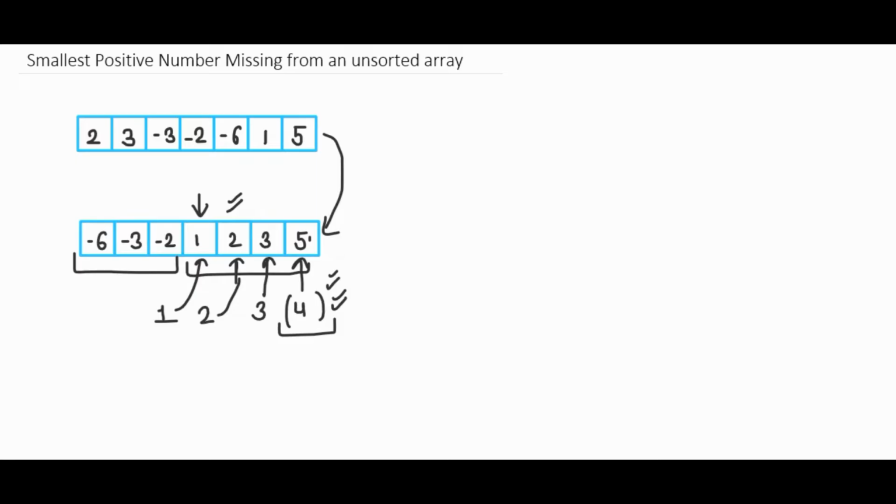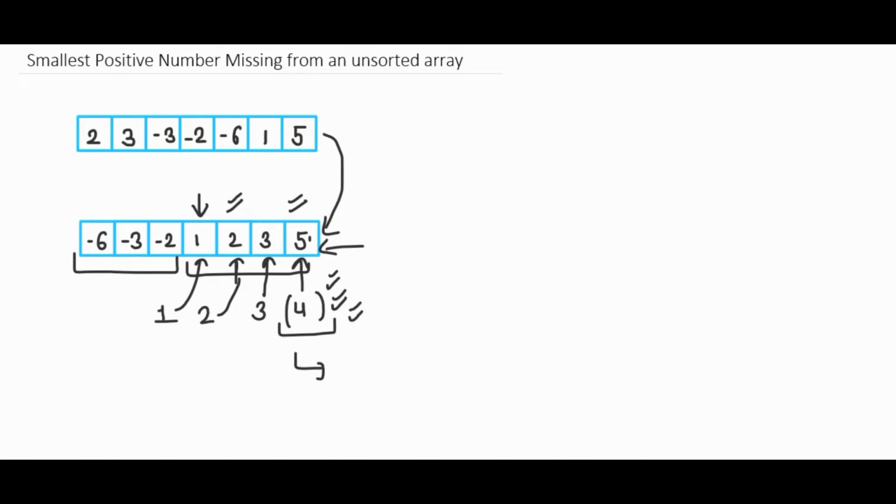So why am I sure that the answer will be 4 only, and why don't we have to travel further if there are more elements in this array? This is because this array is sorted. That means if there would have been a 4 in this array, it would be on this position only, where we have 5 right now. So the answer will be 4 only.